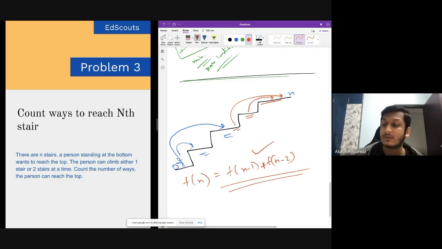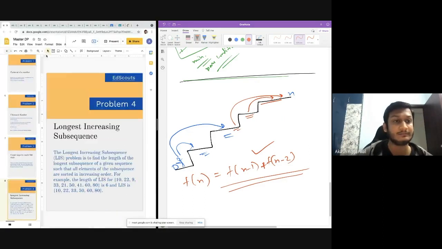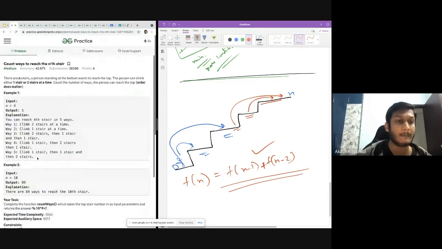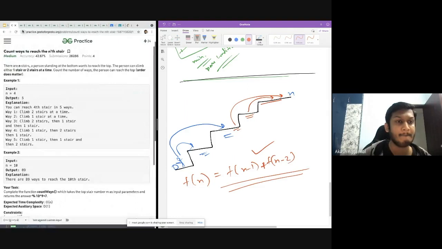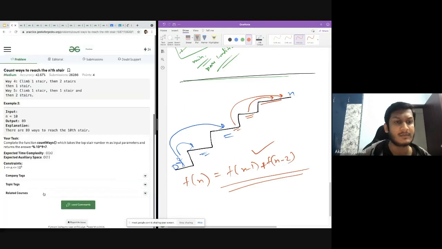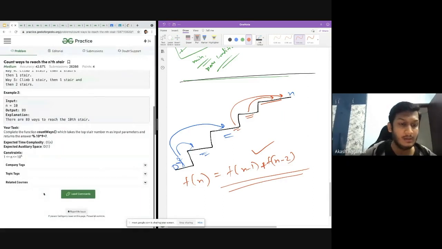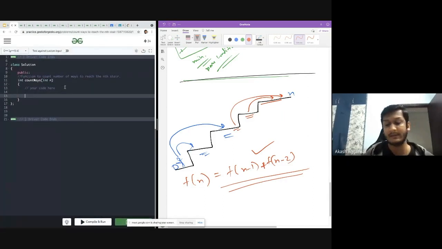We will code this also because we are going to learn some more concepts while coding it. So let me just go to that tab. Okay, so this is the same problem. Let's solve it by recursion first. We will move on to harder problems once we have built the logic.